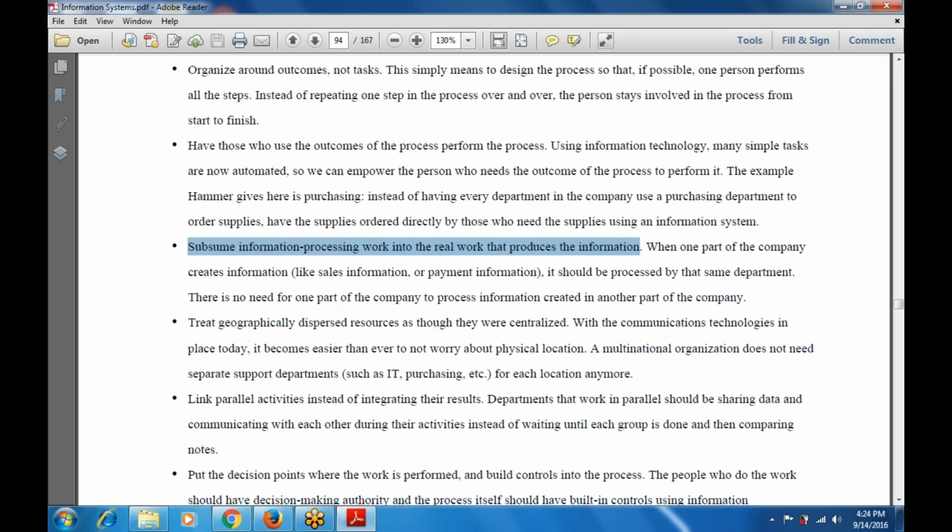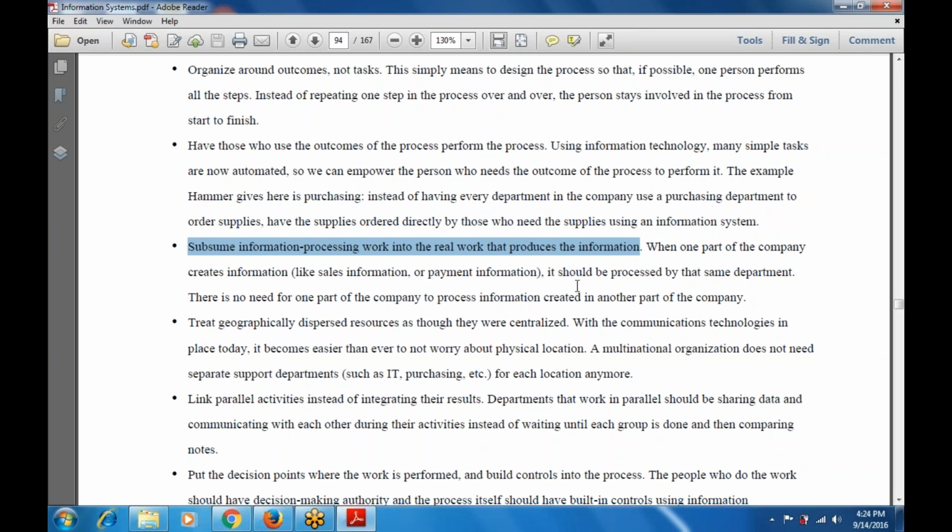The next is to treat geographically dispersed resources as if they were centralized. That means treating every dispersed location and resource as a centralized resource. With communication technology in place today, it becomes easier than ever to not worry about the physical location.